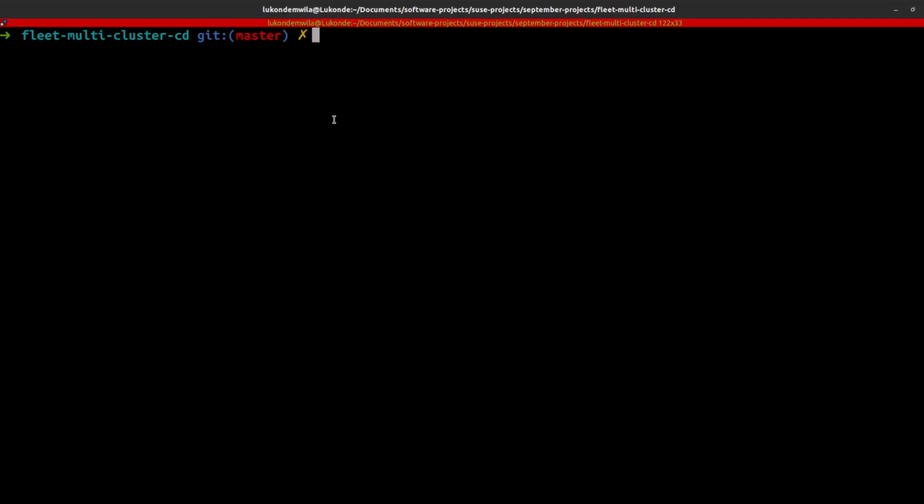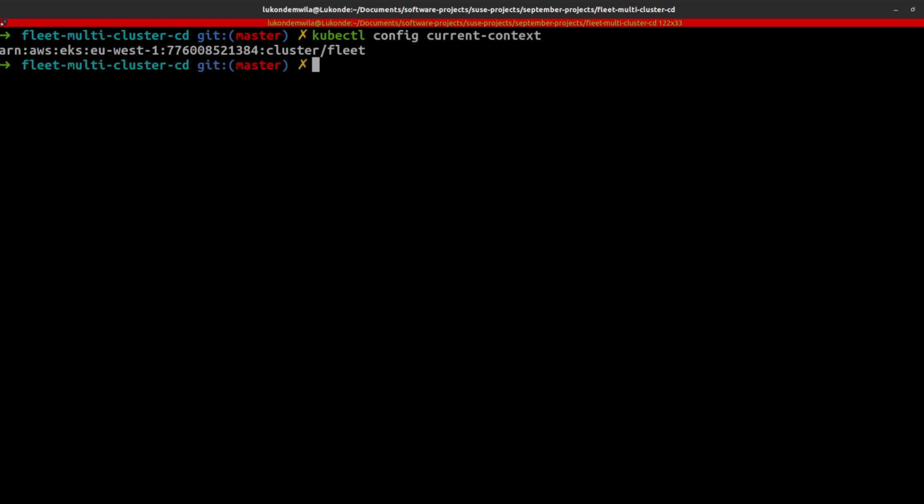Finally, we come to the continuous delivery section, and I'm already signed into my Fleet Kubernetes cluster. As you can see, that is my current context. And so I've actually spun up 3 Kubernetes clusters. 2 are running in EKS setups, and 1 is with AKS and Azure. And so one of the EKS clusters is where my Fleet server is running, and the other 2 clusters are my downstream clusters. One is called Alpha, and that's the second EKS one, and the AKS cluster is called my